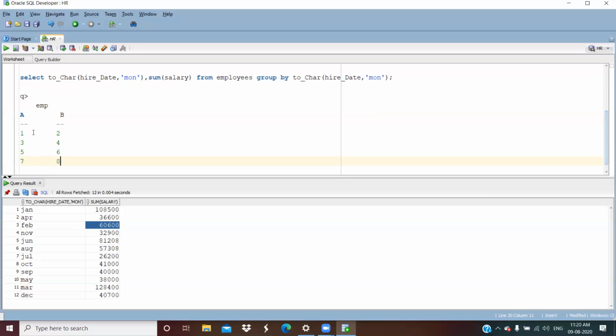In this EMP table, A column is having 1357, B column is having 2468. What I want is to swap the values. Means in A column, I want 2468 and B column, I want 1357. Don't think about case, some other method you think. I just told you case, but I didn't ask any question for case.